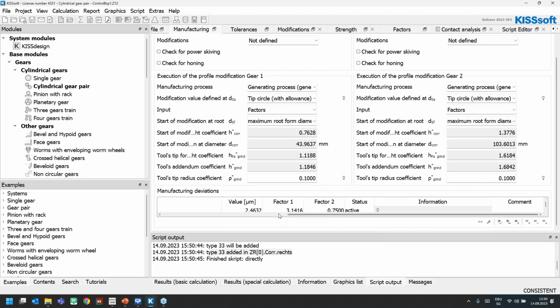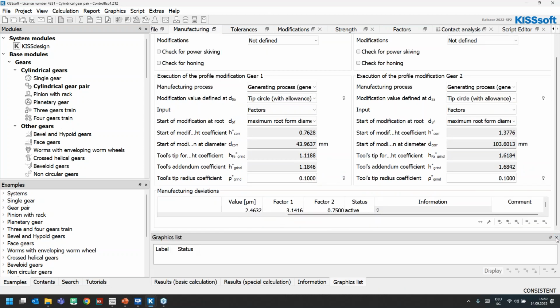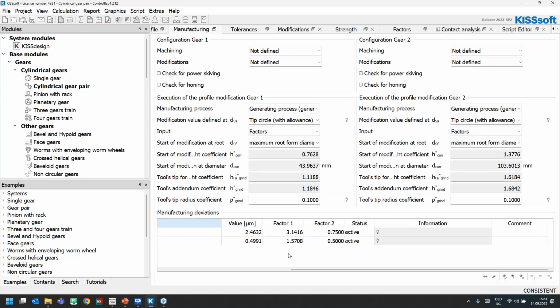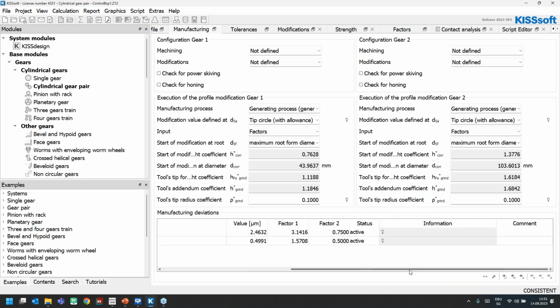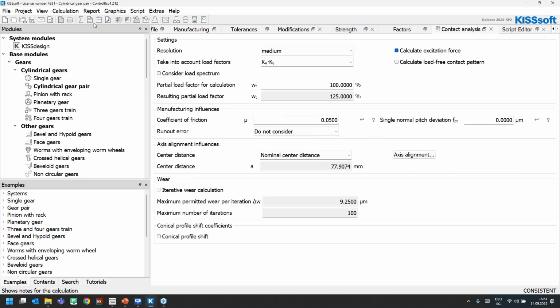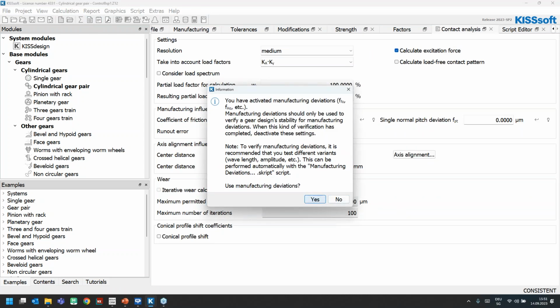And we can see this. Oh, I'm sorry, the resolution is very low, but let me close that. Maybe you can see it better. So we can see we have now a profile form deviation Ff alpha. These modifications have been added by the software through the scripting function. And now if I run the calculation with the loaded tooth contact analysis,